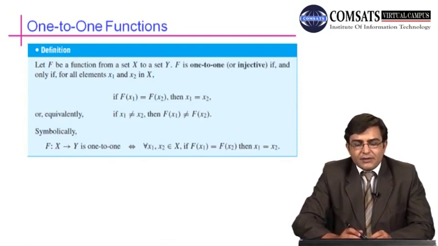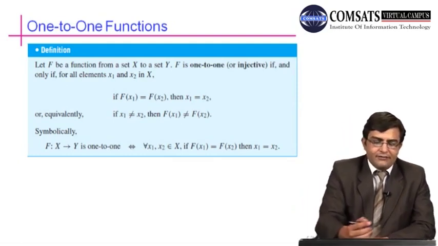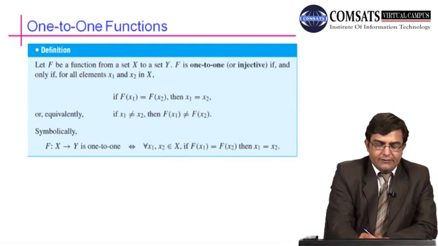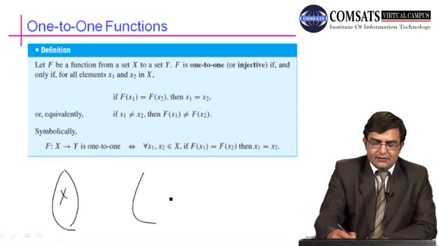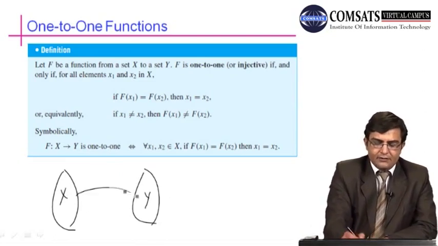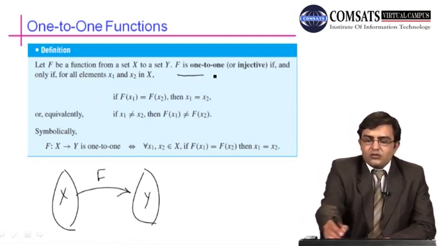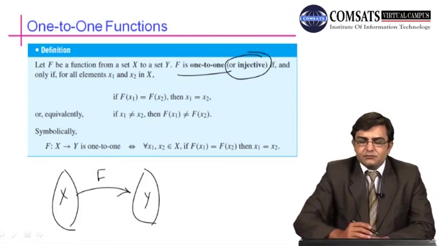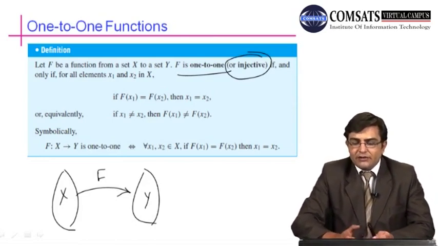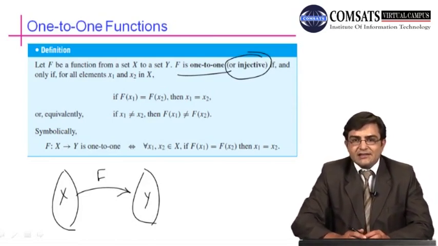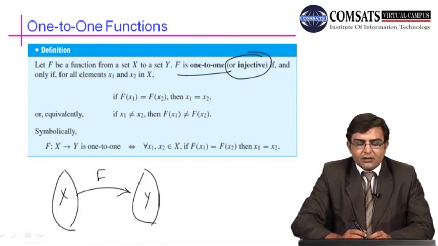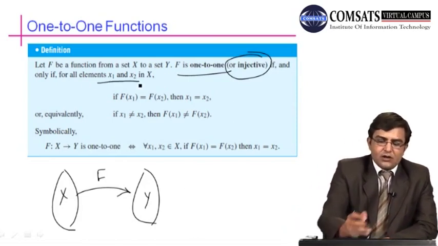Let f be a function from a set x to a set y. Here, this is set x, this is set y, and f is basically the function from x to y. f is one-to-one, or we say it is injective. f is called a one-to-one function, or injective function, if and only if for all elements x1 and x2